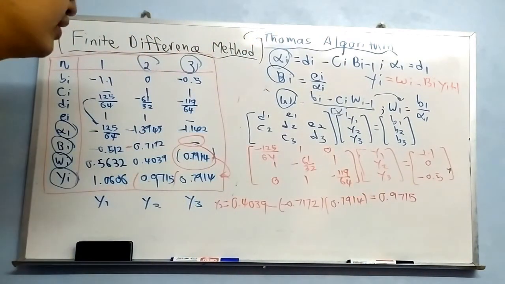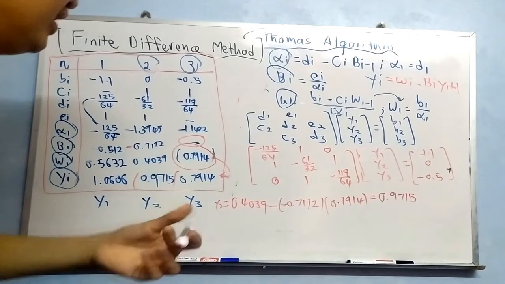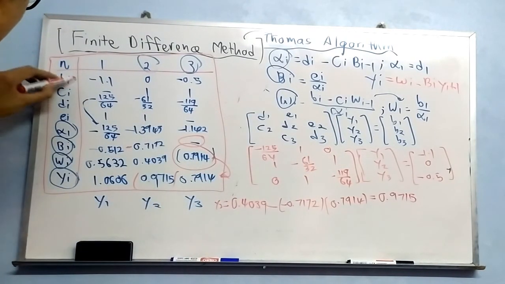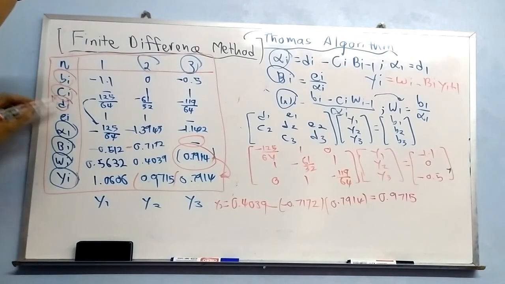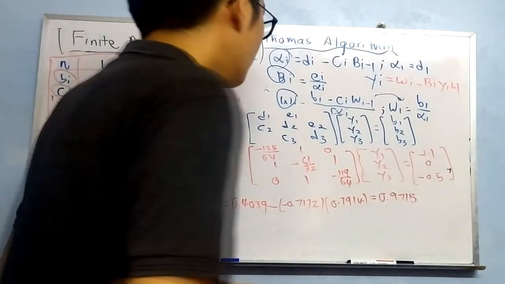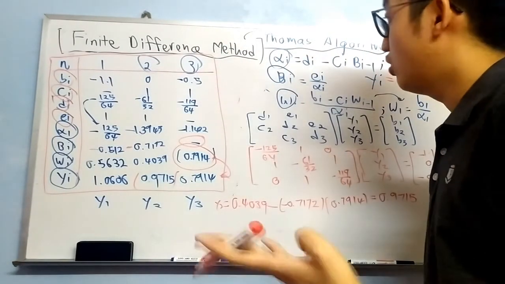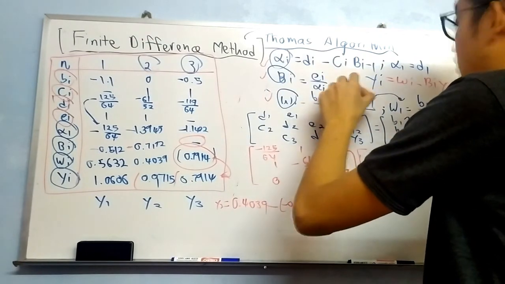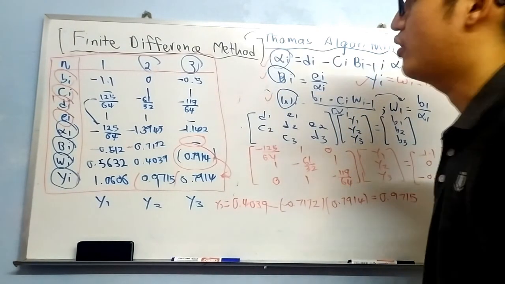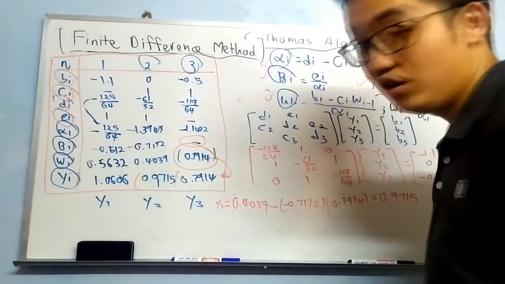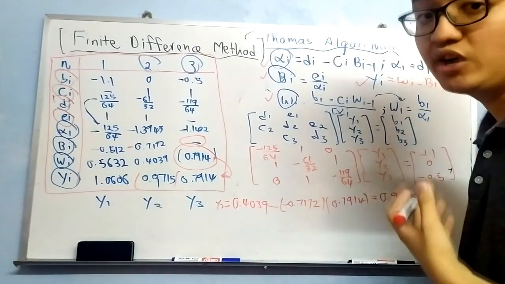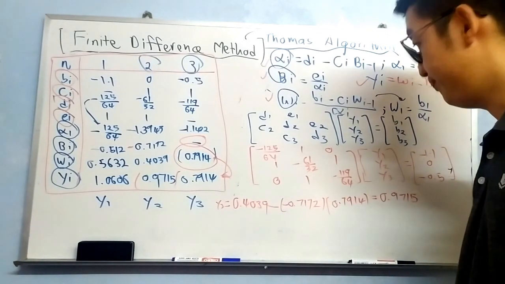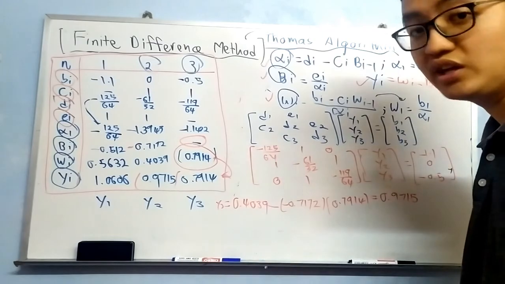In the finite difference method, our answer will be presented in table form after applying the Thomas algorithm, and this is the parameter we need in the Thomas algorithm. By applying the formula, we can only know 4 values, but there are 8 values required. So for B, C, D, and E, you obtain them directly from the equation where you substitute all those given values. If the value is not given, you just leave it